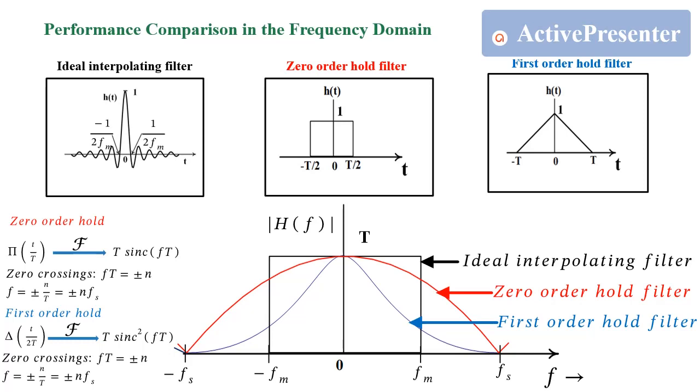From the transfer functions of zero order and first order filters, it seems that zero order is better than first order filter, as the desired frequencies, that is the frequencies less than fm, are more attenuated in the first order Hold filter as compared to the zero order Hold filter. This is opposite to what we observed in the time domain, where the first order filter displayed a better performance. So this can be explained in the region where frequencies are higher than fm, where we observe that these unwanted frequencies are attenuated by a larger amount in the first order Hold filter as compared to the zero order Hold filter. Hence the better performance of the first order Hold filter.